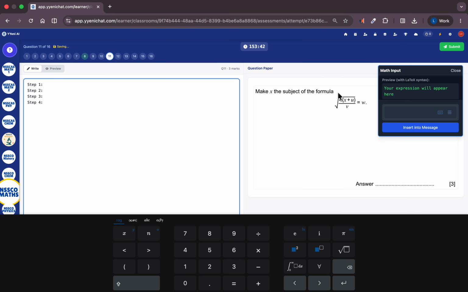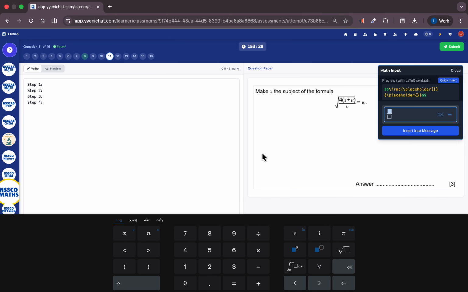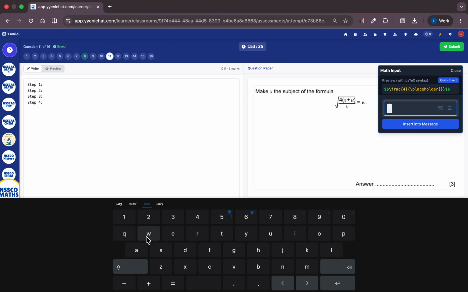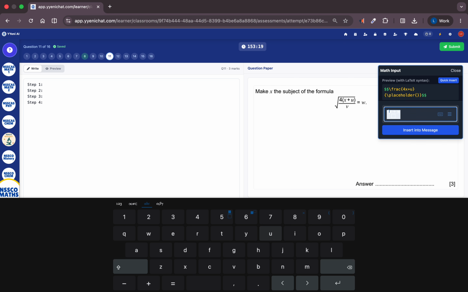Now, I think the first step to take is, since it's a square root, you want to square both sides of the equal sign. So I'm going to square this side to cancel out the square root, and I'm going to square this side. So I'm going to end up with something like, so I'm going to enter a fraction here. I'm going to enter something like 4x plus u. It's going to be highlighted in white to show that that's where you're entering something right now. But if you want to change it, you can also just click here and change the background color and so forth. So you can say, okay, I want it to be highlighted in black so that I can actually see the text, right? 4x plus u